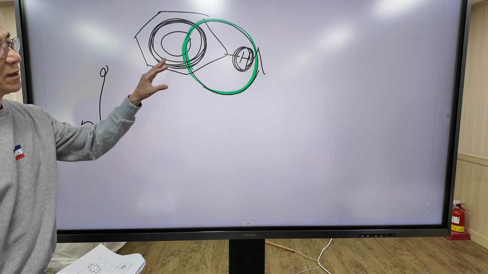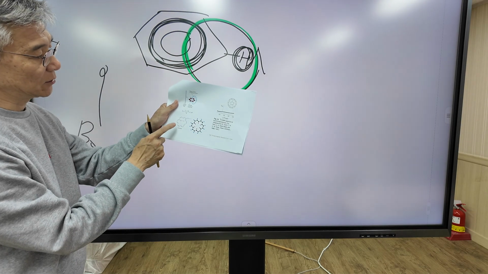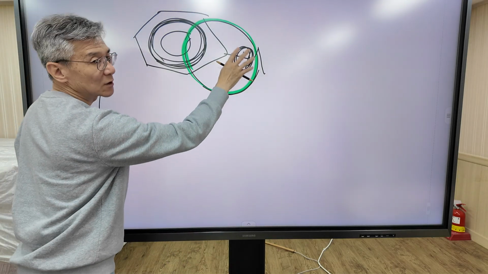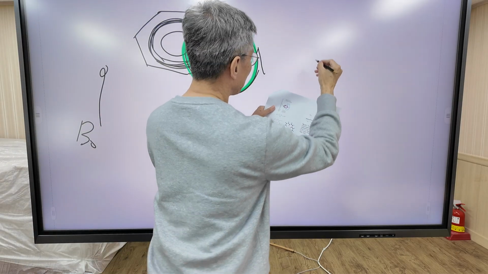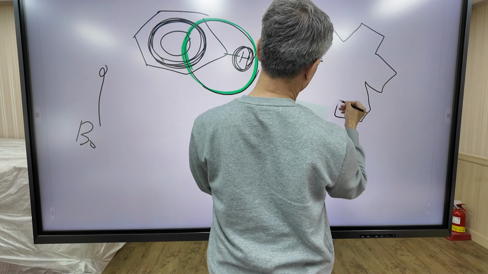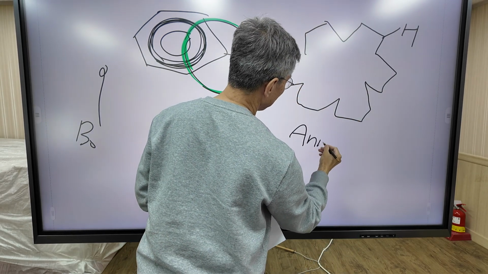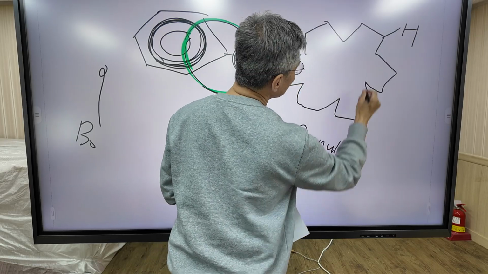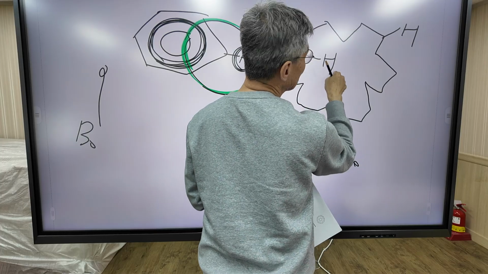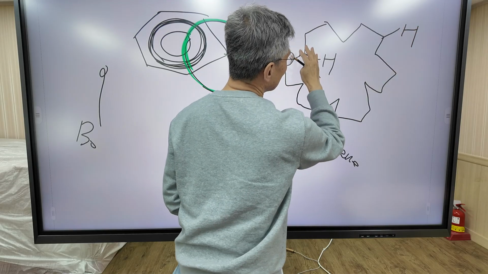This effect is dramatic in another molecule called aniline. The aniline molecular structure is shown in the handout. In the benzene molecule, hydrogen is on the outside, but in aniline, this is aniline, hydrogen is on the outside and there are also hydrogens on the inside. So there are two kinds of hydrogen, on the outside and inside.